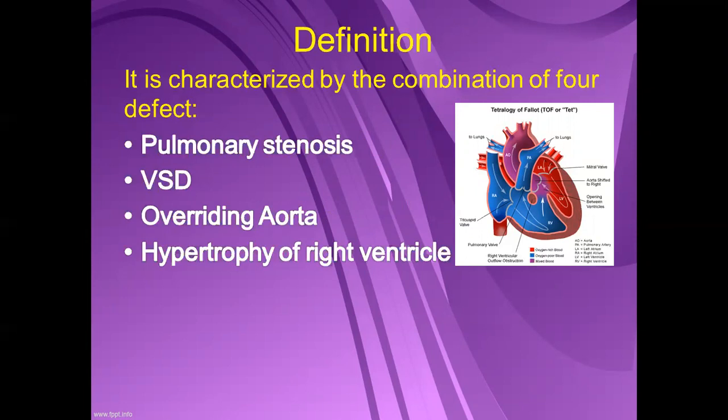Fallot is particularly about the heart. So four defects which are present in the heart. Pulmonary stenosis, where the pulmonary valves are stenosed. So due to that, the blood can't properly pass through the pulmonary artery. So a sufficient amount of blood will not reach the lungs for purification. So due to this, the cardiac output will be diminished. So less blood output will be there. At the same time, oxygenated blood is also very less.